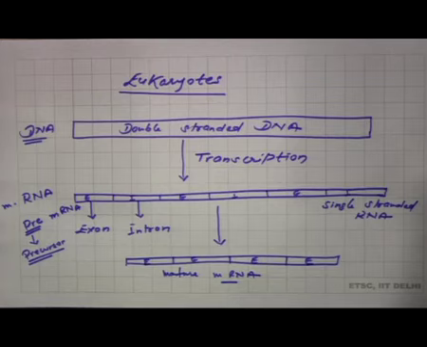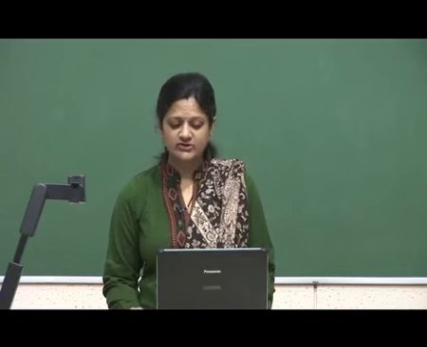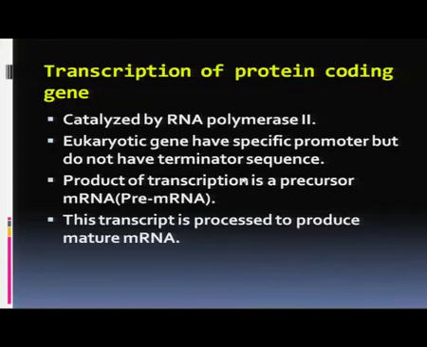The transcript is processed to form mature messenger RNA. So, when in case of eukaryotes the transcription is completed, the transcript will undergo processing and splicing to form mature